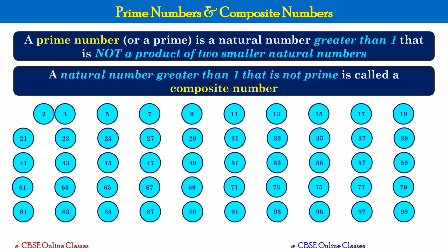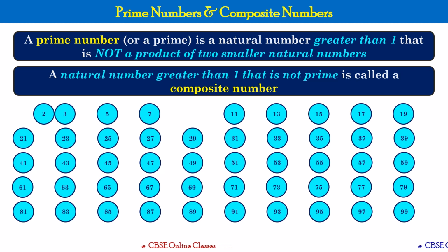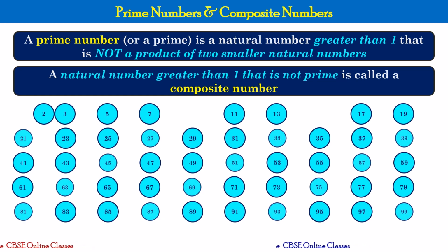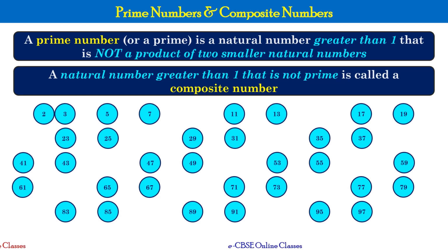Now next comes number 3. So 3 is divisible by only 3. So that is also a prime. And we need to remove all the multiples of 3 apart from 3. So what is the next multiple of 3? That is 6, which is already removed. Next multiple is 9. Let's remove that. Next multiple is 12, which is already removed. And next multiple is 15. Let's remove that. And similarly, continue the process until all the multiples of 3 are removed.